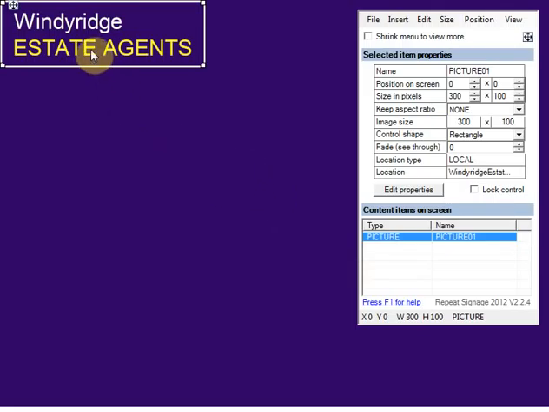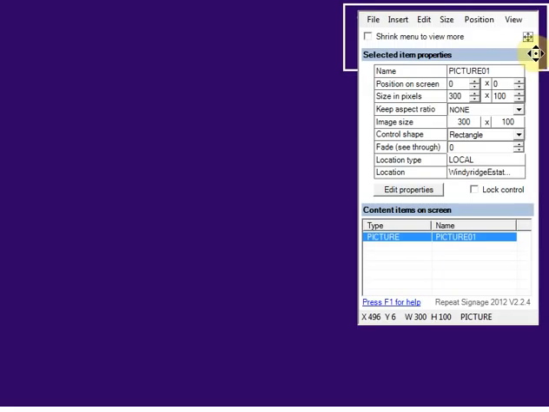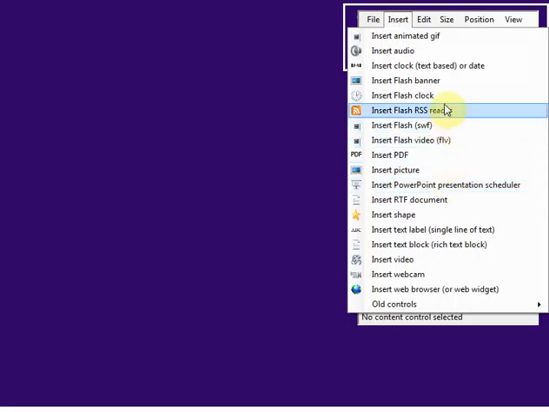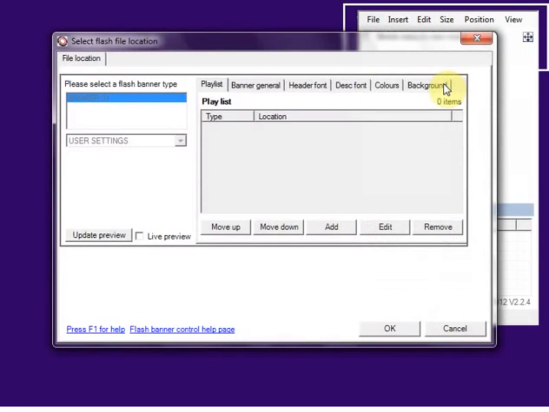Now the main point of this sample presentation is to display house pictures. So we're going to jump straight in and actually use a flash banner control to display some house pictures, and then we'll build up the rest of the presentation around it. So I'm going to click on Insert, Flash Banner. Now I need to add a series of pictures to here for a start, so I'm going to click on this Add button